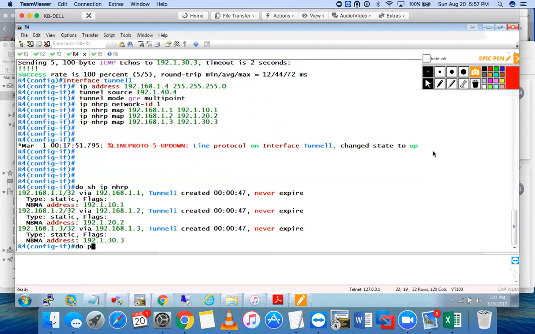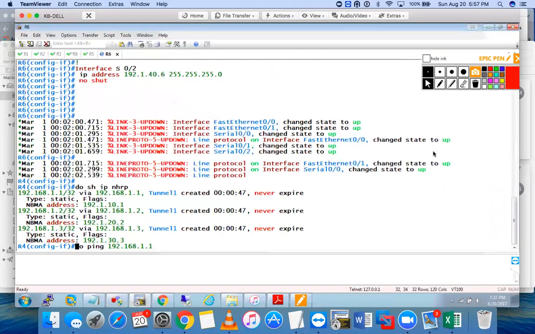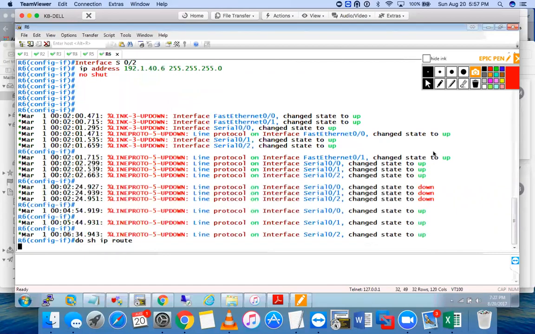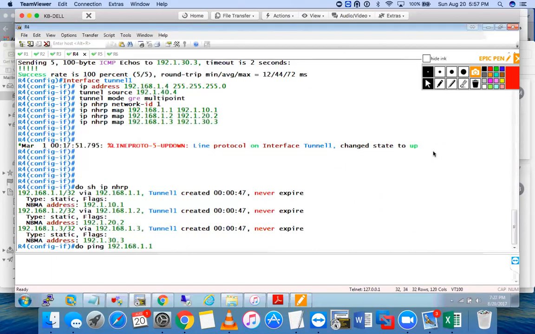So if I sit over here and I say ping 192.168.1.1, R6, the middle router, if you look at your topology, R4 to 1, there's a router in the middle, 6. He has no idea about any 192.168 network. But because of the MGRE tunnel, what's going to happen with the packet? The packet is going to be created like this. The inside header,